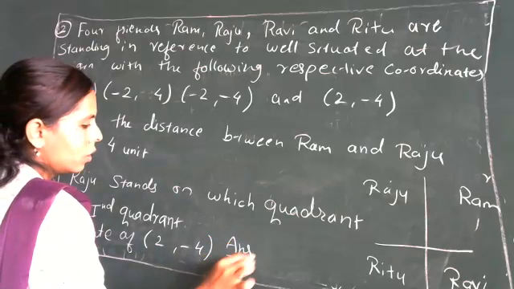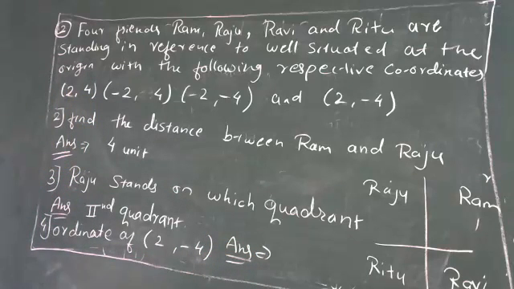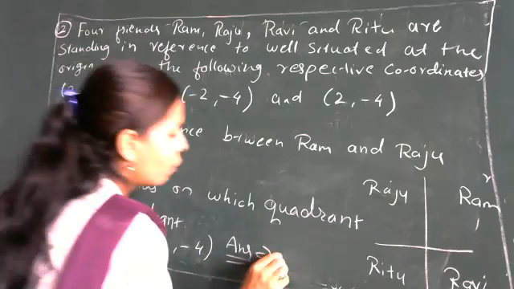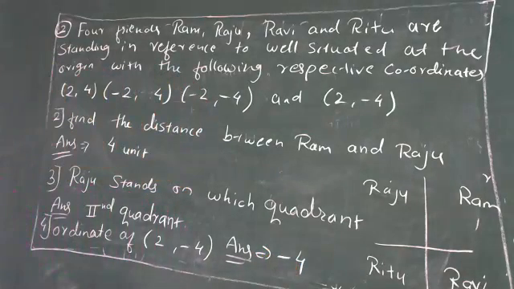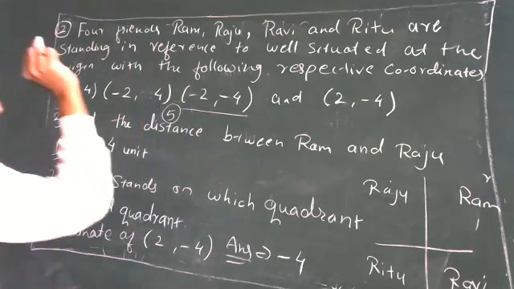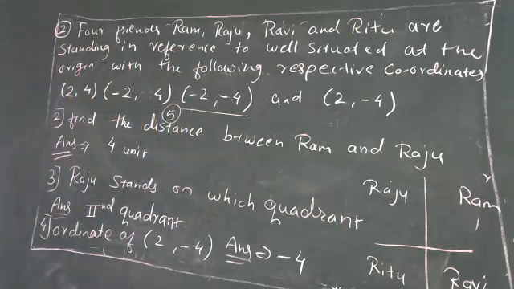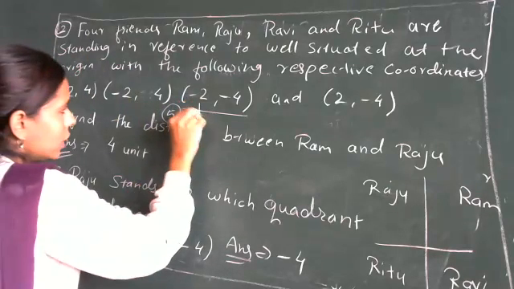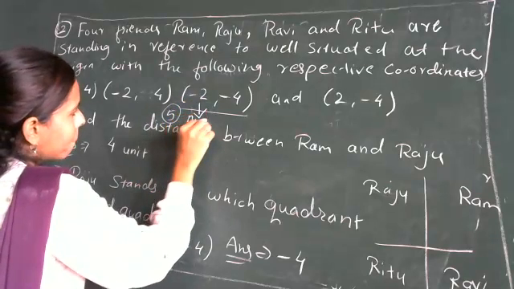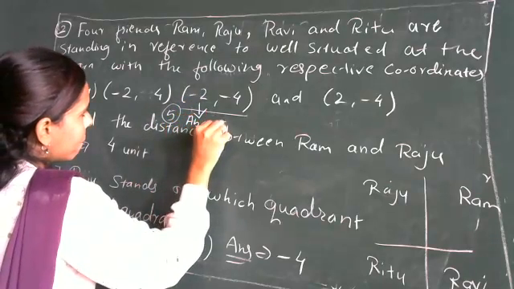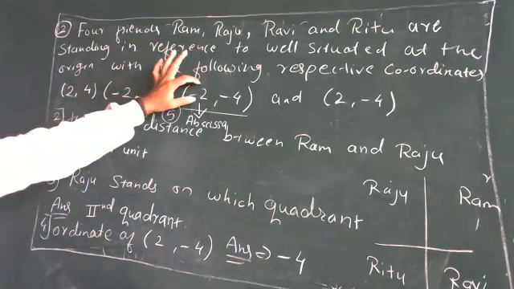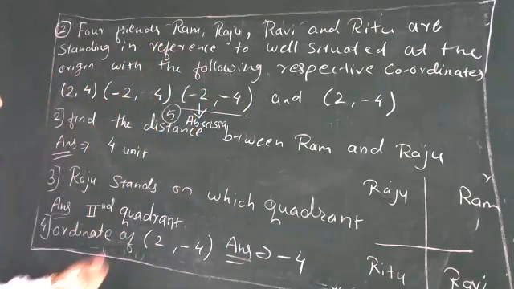In 2 and minus 4, what is the ordinate? It is minus 4, not only 4, because it is minus 4. The value of y will always be the ordinate. Then if you are given the point minus 2, minus 4 and they ask as a fifth question what is the abscissa, what is the abscissa for this coordinate? Minus 2. Yes, this is the abscissa. Whatever value we have for x, that is the abscissa. For y it is nothing but the ordinate.